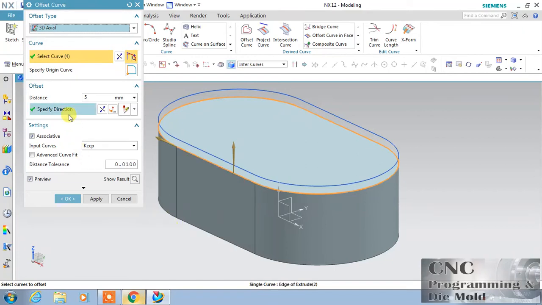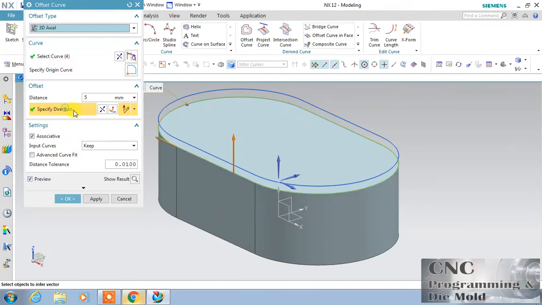So this is the offset, and here we have offset direction, reverse maybe, and if you want to define the direction, here we have the direction, or if you have any other direction, so just cancel this.